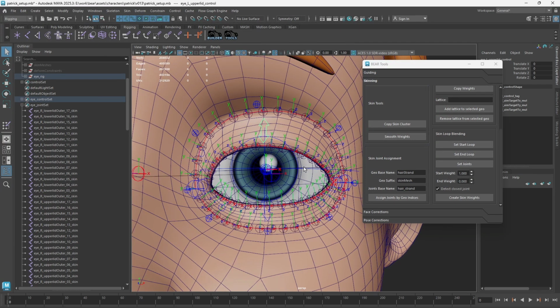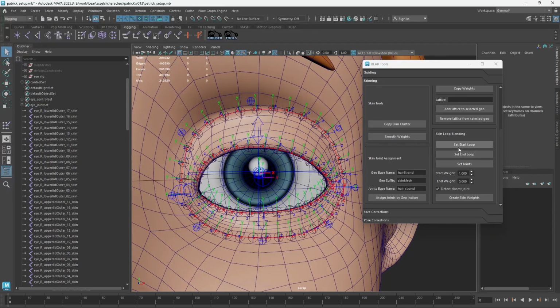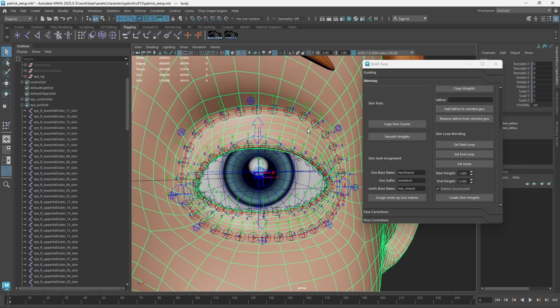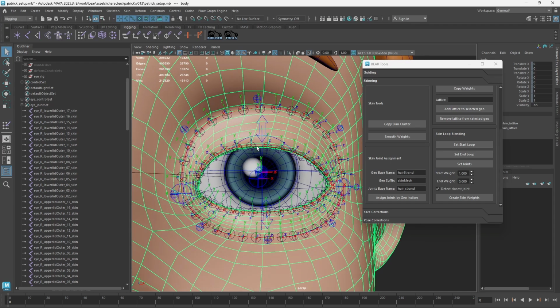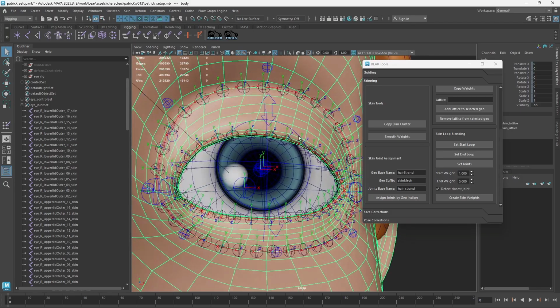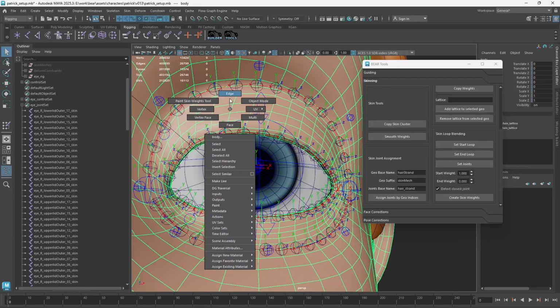We will set the start loop and the end loop of the geometry and set the corresponding joints and then define the start and end weight of those to create the skin weights. So at the moment, none of these joints have any weighting yet. So what we do is, first we select